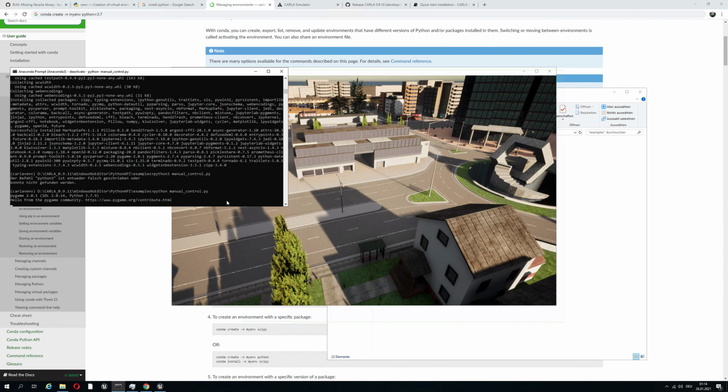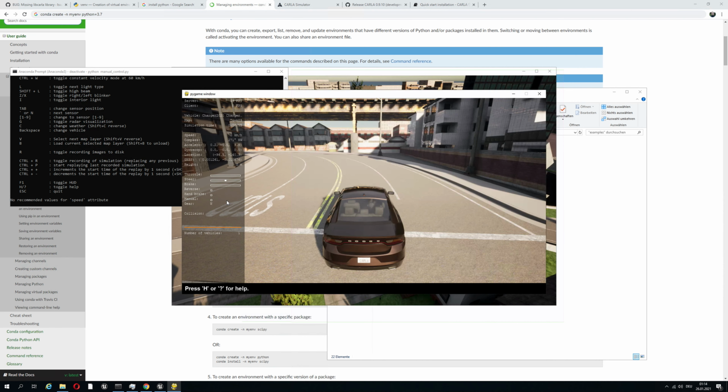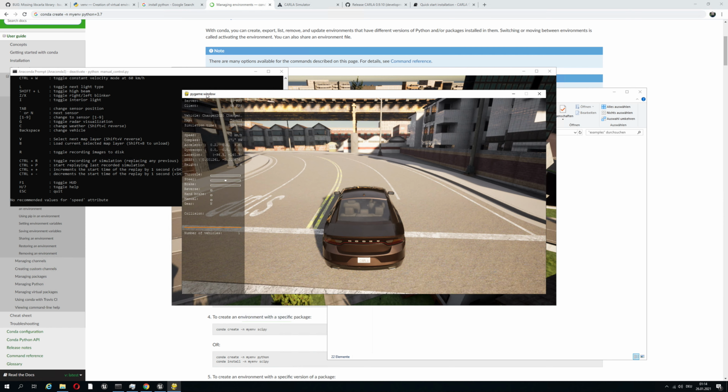Okay, do you see, first that will open another window, and this window is a Pygame window. What is happening here, we'll look at the code later, is that this Python client is taking the rendered scene from the Unreal Game Engine and rendering it again in the Pygame environment, and then of course adding all the features that you can use with Python. So what we see now is the vehicle that we can control, and of course here we see that there is a server, which is our Unreal Game Engine, that is